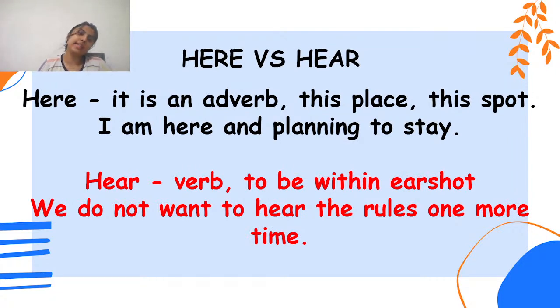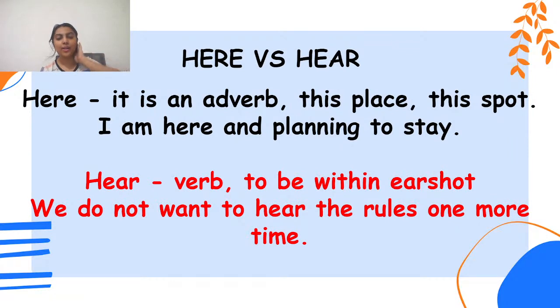Okay, so you go to somebody's house, for instance, or you are interacting with somebody at a new place, or maybe you're at a party, and you say, I'm here and I'm planning to stay. I'm here at your party, I'm planning to stay. I'm here in your house, I'm planning to stay, although you must never do that without invitation. I'm here in your life, I'm planning to stay. That also you must consider whether the other person wants you to stay in their life or not. And yeah, here, you are here, I'm planning to stay.